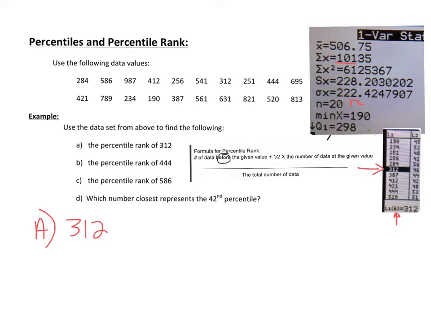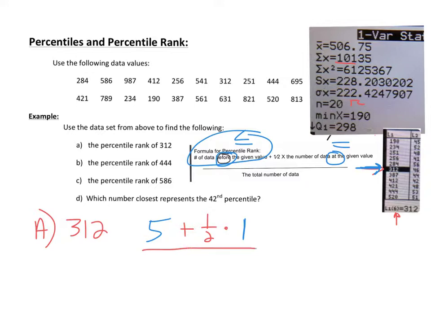So since 312 is in the 6th spot, there are 5 numbers before. So I'm going to take the number of data less, which is going to be 5, and I'm going to add 1/2 times the number of data at the given value, the number of data equal to 312. So basically, how many 312s do you have in your data set? And here there's going to be 1. So I'm going to do 5, the number of data less than 312, plus 1/2 times 1, the number of 312s. And I'm going to divide that by the total number of data, which in this case is 20. Now when I do this fraction on my calculator,